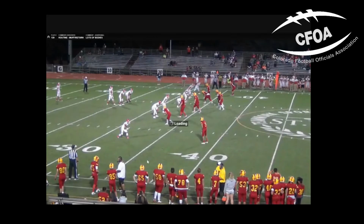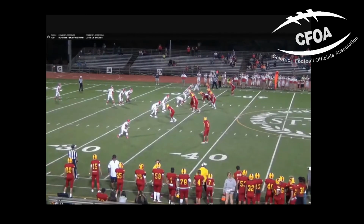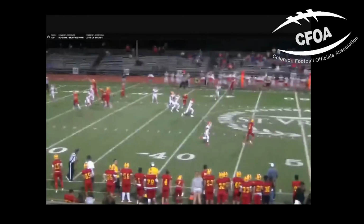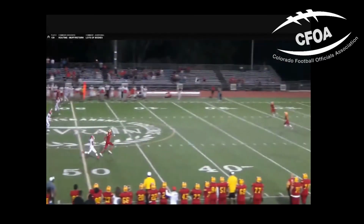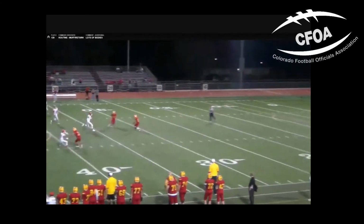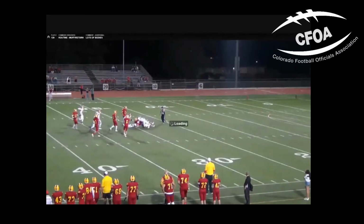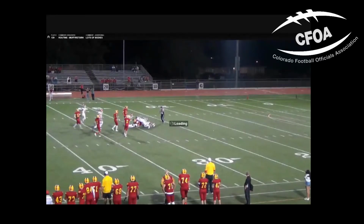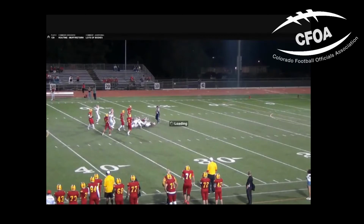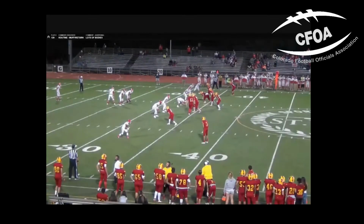Very good, Scott. Can you expand on why that walk is important? Well, number one, I'm always of the opinion that you get your best view more stationary. Why do you need to run? There is no reason for you to have to run anywhere. You don't have to quickly get to another place. Your eyes can cover the entire distance, because we are not watching the end of the kick. I am not watching the return or anything of that nature. Now, I'm aware that a kick has been caught, but I am not watching the returner at all. I am watching the players between me and the returner. And there is no reason to have to get deeper downfield, and you can satisfy a better eyesight by just